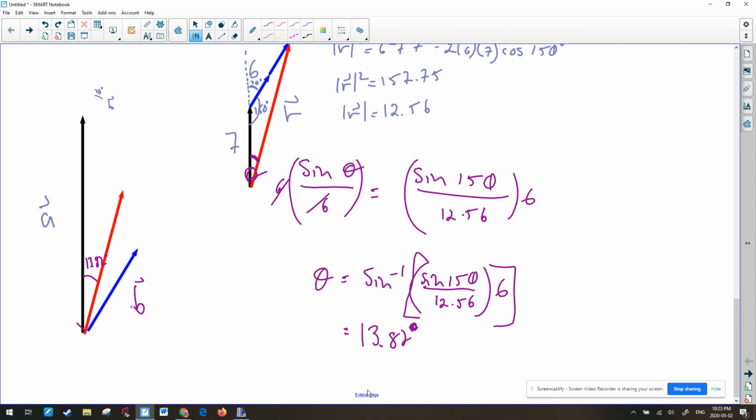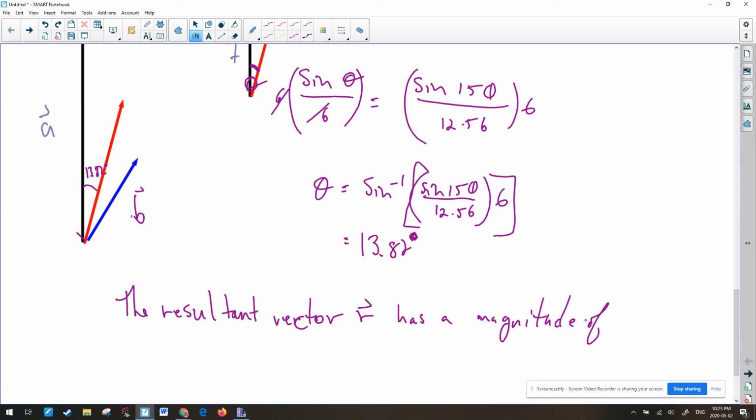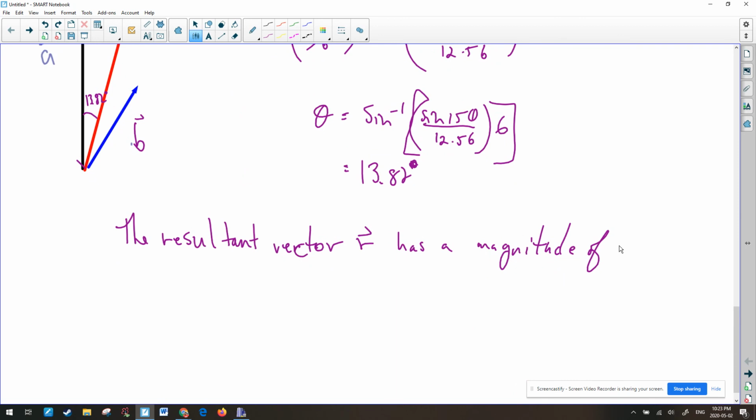So here's the language I'm going to use, and hopefully you can understand why it is what it is. So I would answer this and say the resultant vector R has a magnitude of 12.56. Is that what it was? I think that's what it was. Yeah, 12.56. And makes an angle of 13.82 degrees with